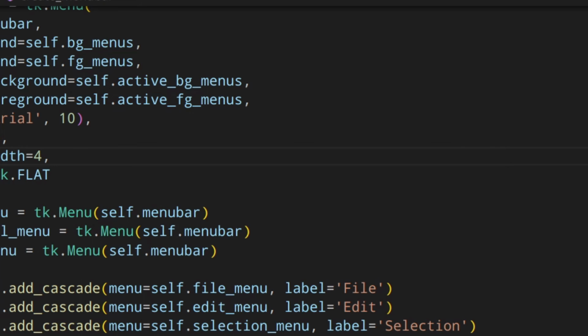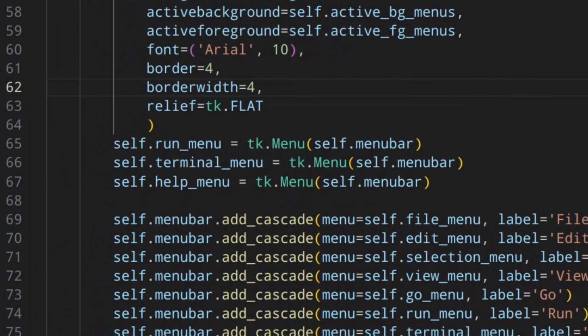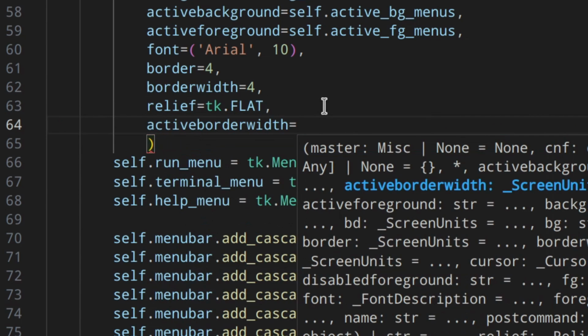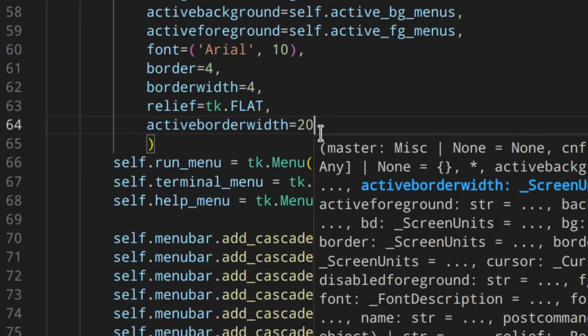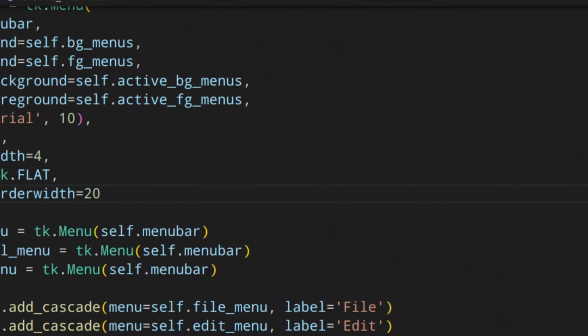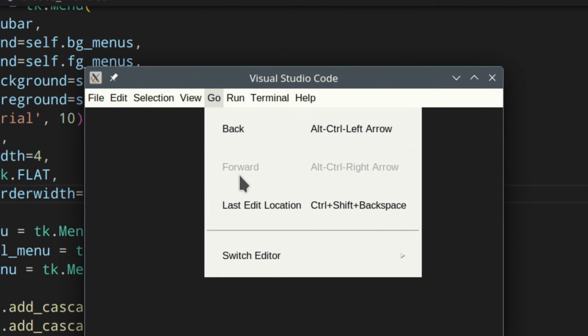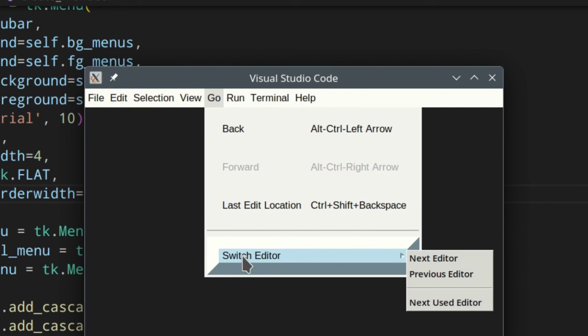So let's go back to Linux and talk about active border, another option that works completely differently on Windows. On Linux, if you add the active border width, let's exaggerate and use 20. That means that, as you can see, when you go over the elements, you get something like this, which is awful in my opinion.